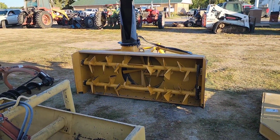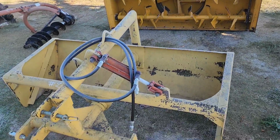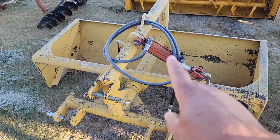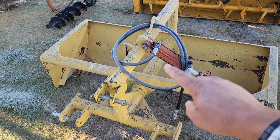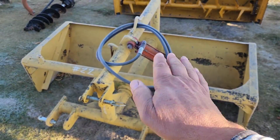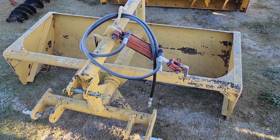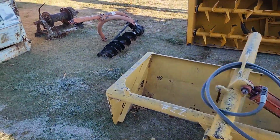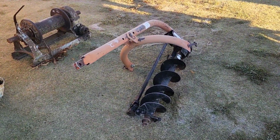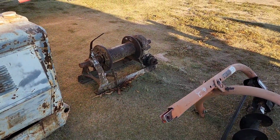There's a 3-point snow blower there, fairly good size, when you'd need a larger tractor. Here is a box scraper. Haven't seen one like this before. It's got the angle ram on here. It all pivots on this center. It's for a larger tractor, obviously, but you can pivot your box. I've seen that on angle blades, but never on a box scraper. That's pretty cool. So here's another, this is just a regular 3-point post hole digger there, and a gearbox